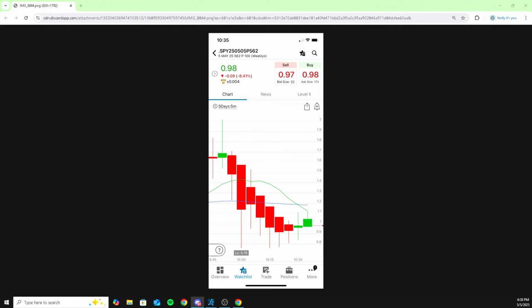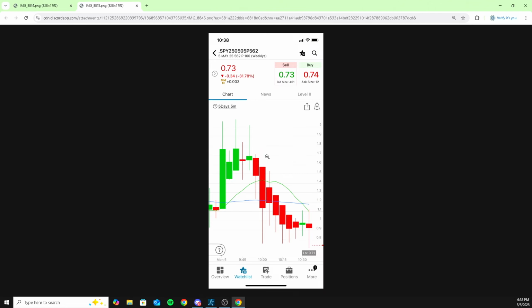Very clean move. I'm trying to find the picture of if there was an updated one that I sent, but it was a very clean negative cross. That's a trade you want to take. I think I literally went over this trade yesterday, that this was a very high conviction trade for me. When we pull down into that 50 SMA and we are crossed on puts, wait for that chart to go negative, and that pretty much confirms that we're going to bounce on that chart. I'm trying to find the picture real quick of the immediate rejection. So you can see right here we immediately rejected off that 10 SMA as soon as we added.